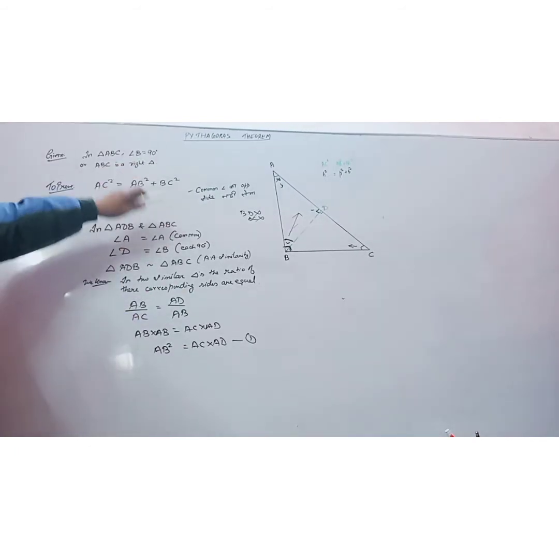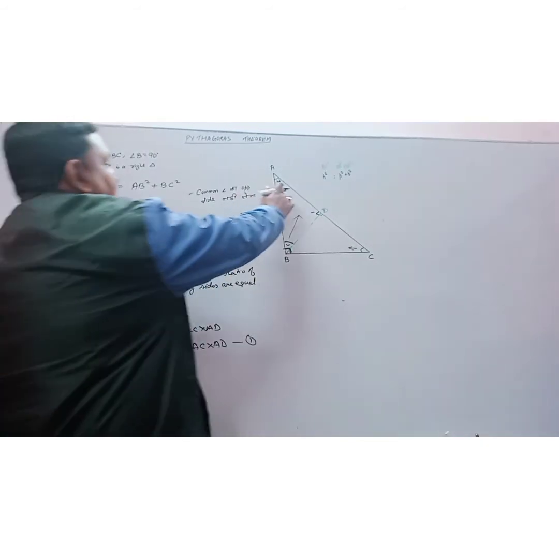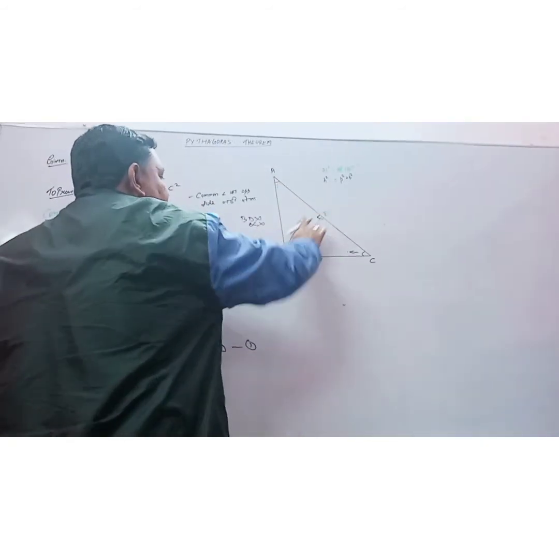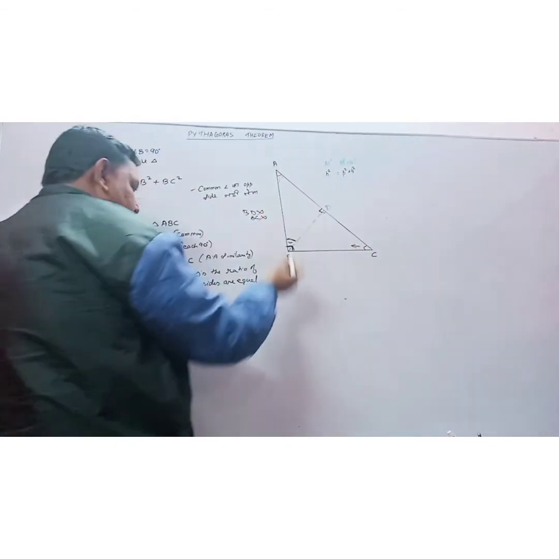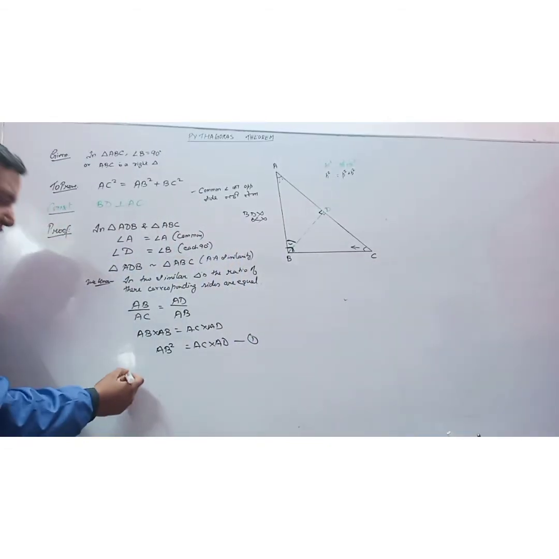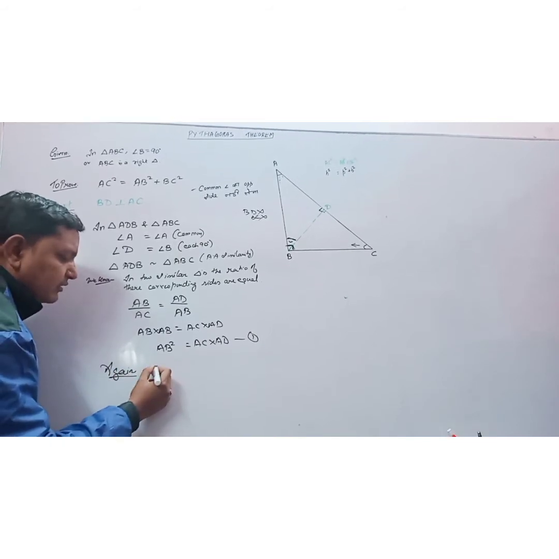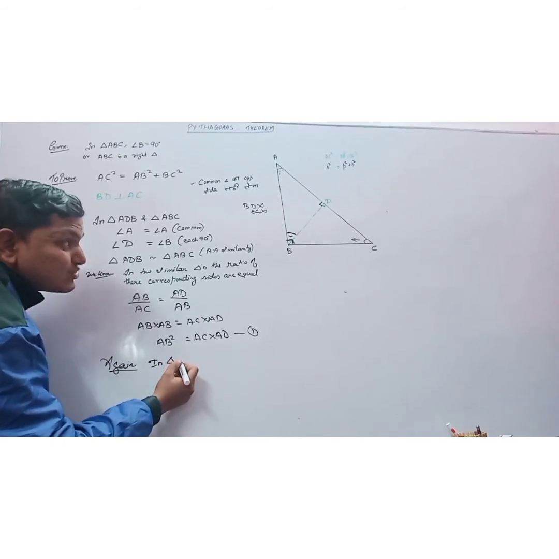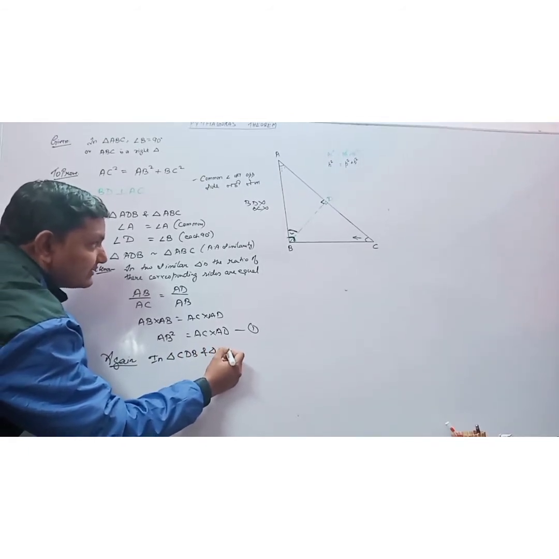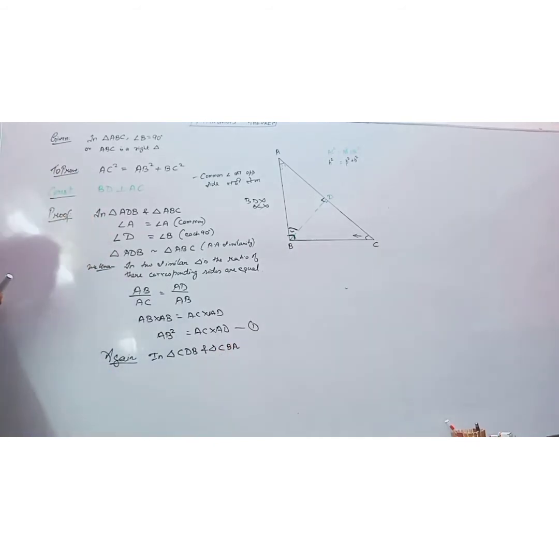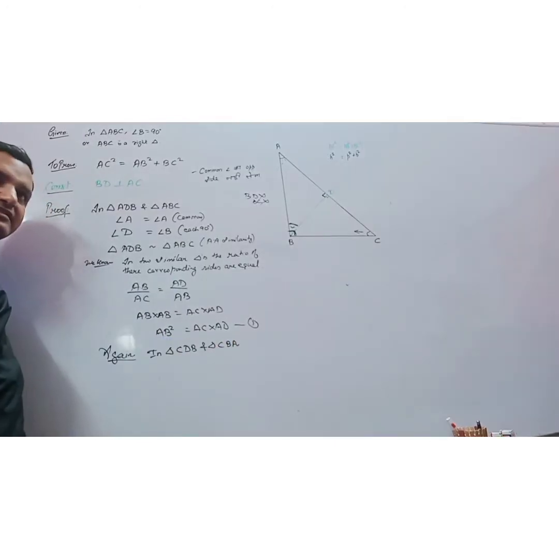Now see, we are coming close to our proof. AB square we have obtained. Okay. Now the same thing has to be repeated in the next small triangle, that is in triangle CDB and CBA. Okay. The same thing we are going to repeat. Now again in triangle CDB and triangle CBA.